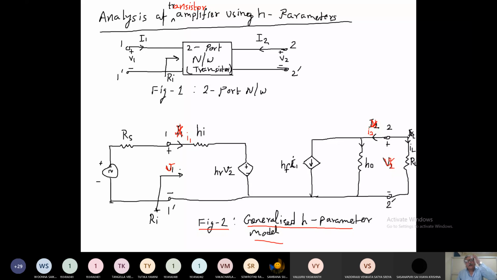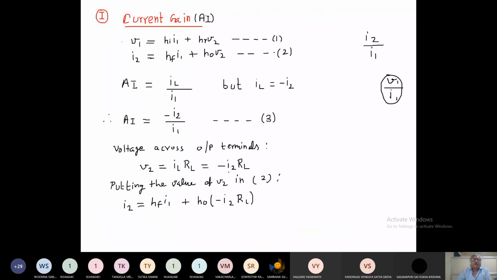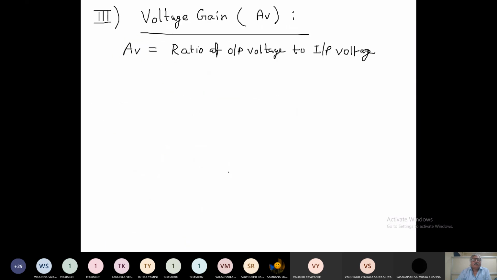We are talking about internal parameters right now. We are not talking about the voltage across RL. Across RL it is also the same basically. V2 is at the terminals 2 and 2 dash, which is also across the RL. And for the input voltage, the voltage source is Vs. We will not consider this Vs, because we are standing here at the terminal 1 and 1 dash. From here we are looking inside. So this voltage is the internal parameter. So it is V2 by V1.